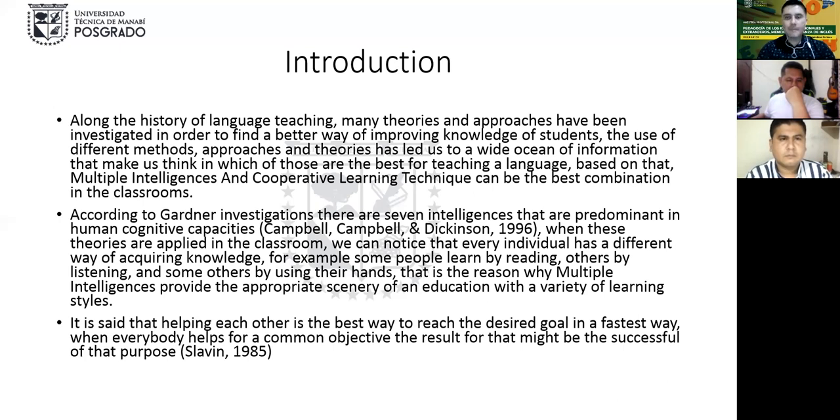That is why multiple intelligence provide the appropriate scenario of the education with a variety of learning styles. It is said that helping each other is the best way to reach the desired goal in a faster way. When everybody helps for a common objective, the result might be as successful as the purpose.